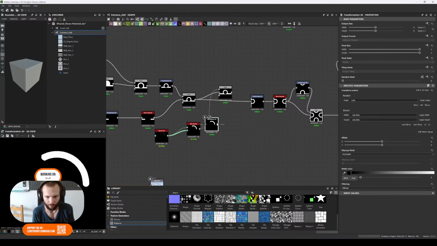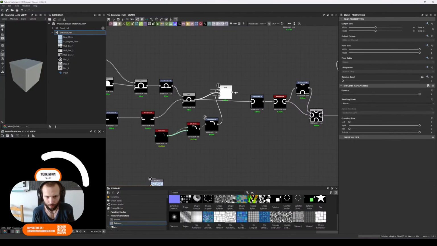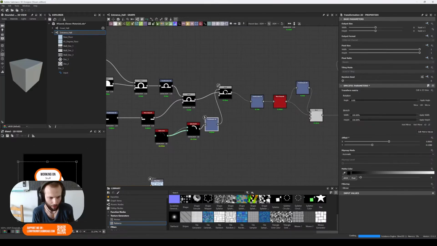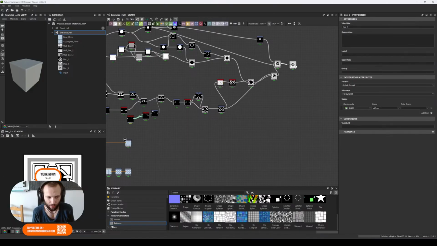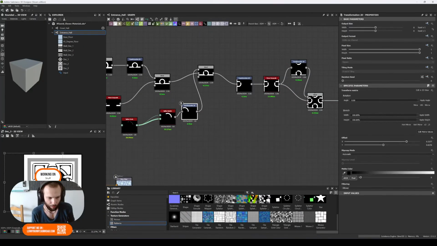Transform. Because if I go here, it will be reflected all the way up here. Okay. Meaning